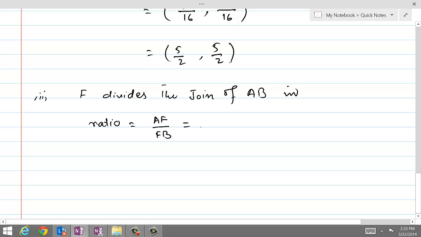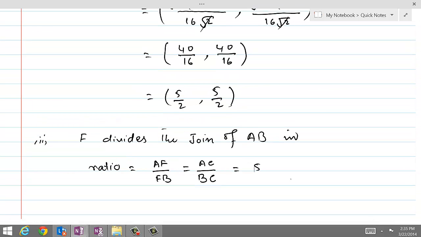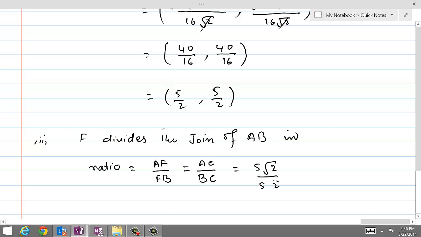But this is equal to the ratio AC, the corresponding length of the side, over BC, which is 5 into under root 2 over 5 into under root 2, which means that this is a 1:1 ratio,